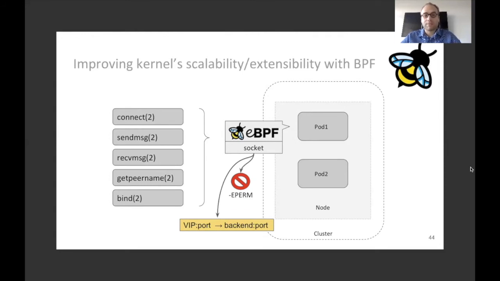The BPF program can then reject, for example, and throw an error to an application even before crafting a network packet. And it can also rewrite the actual addresses, like the service address and port that, for example, a TCP connect call issued, and you can already rewrite it to a backend right there. And that happens before a packet got generated, so you won't have a packet-based NAT in that case. So the kernel keeps on using that backend address for the remaining lifetime of the TCP connection,